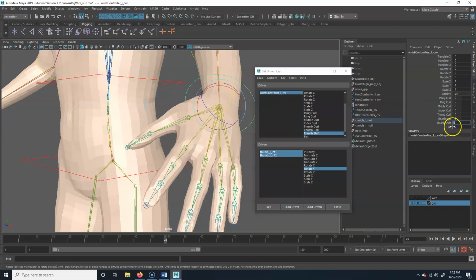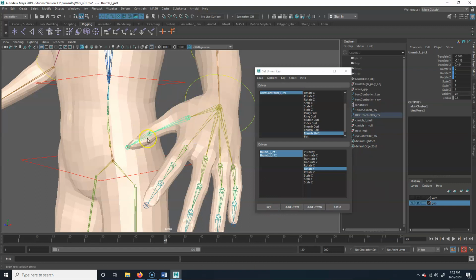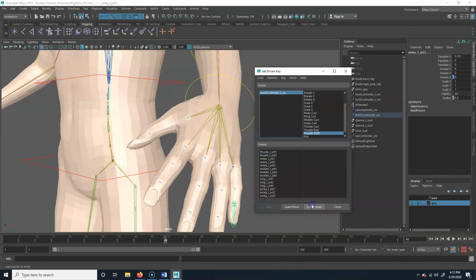Okay. And now we're going to do the fist. So fist is going to be a little bit different. So I'm going to select the fist. And then I'm going to select this one. Hold shift and click through all of the joints. Load driven. Okay. Good. Then select fist, click and drag across all of them, and we're just going to go